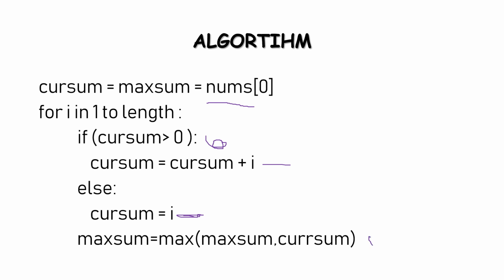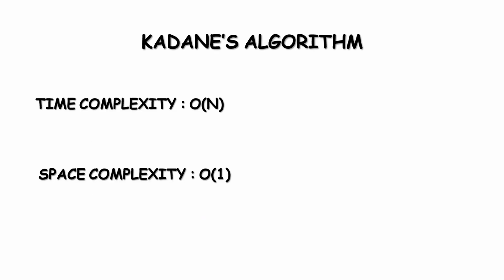So in this step, instead of creating a new array to keep track of the current sum on every iteration, we can get the maximum of current sum on every iteration. So it reduces the space of creating a new array. The algorithm we have seen thus far is Kadane's algorithm, and it takes linear time and constant space.